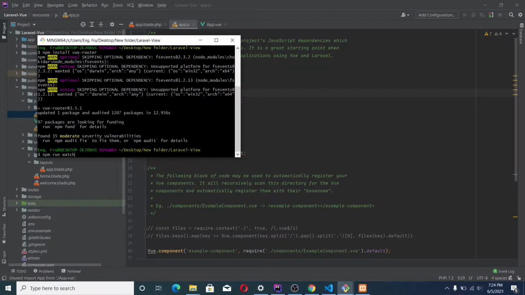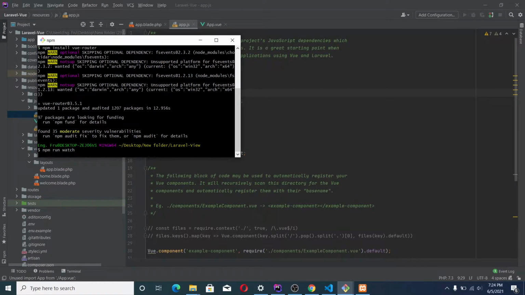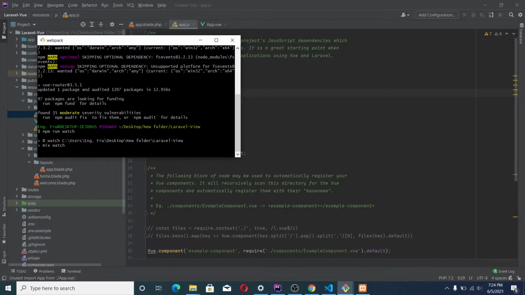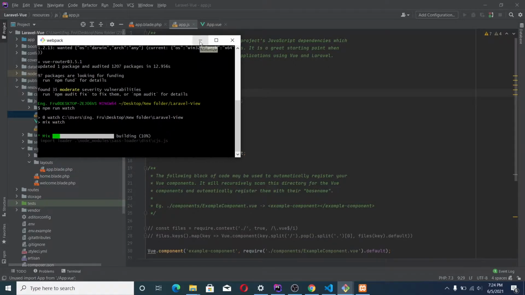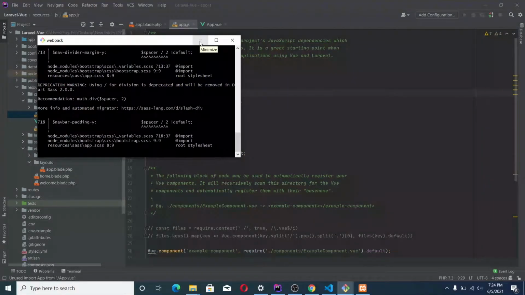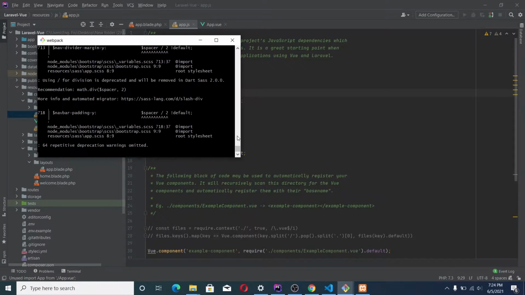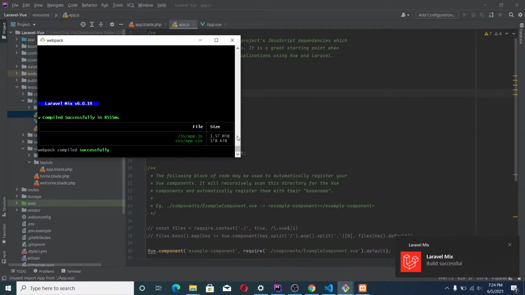Okay, so we will not always have to come and run them anytime we make changes in our view files. So let's run watch. It is going to be monitoring any changes made in our view files and automatically recompile the file so as to update the file to view the latest changes made to our file. Okay,